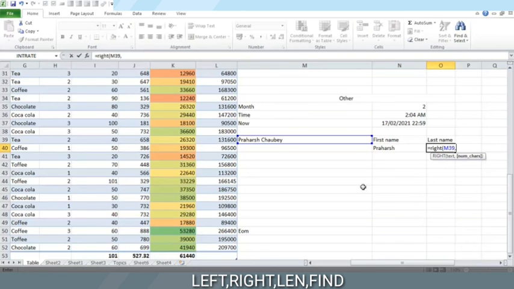So what we can do is that we can find the length of the complete name first. We use the length function for this, len, length of the text, and from this we subtract the previous find value, that is up till this blank space. We'll get that by find again.